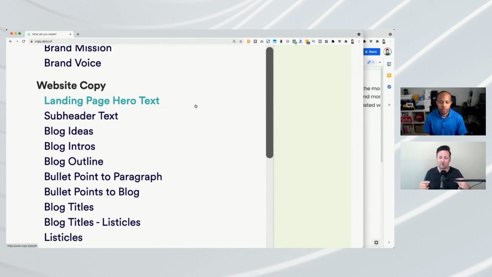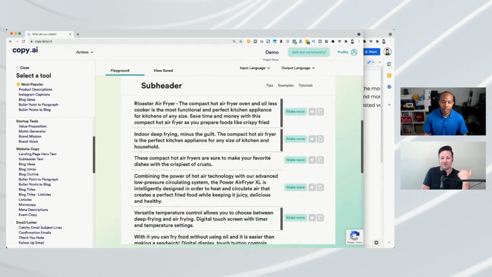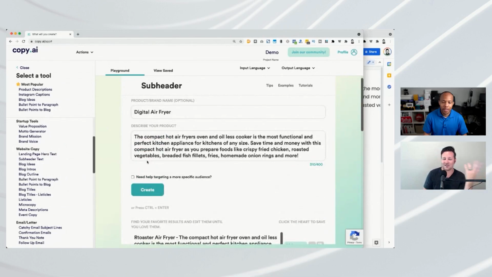But then it applies it to your unique business. So we're writing headlines for air fryers right now, but you could easily turn this into, again, a real estate agent. I had a client who's a real estate agent who actually trains other real estate agents how to use Facebook ads to attract leads. So we punched that in and just described it really briefly. And again, within a few minutes of talking to him, we had all these amazing angles and sales copy ideas. And his jaw was on the floor.